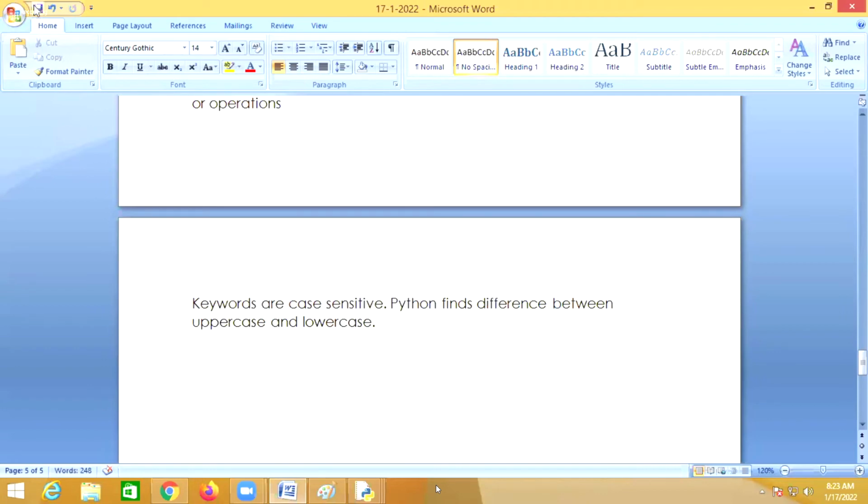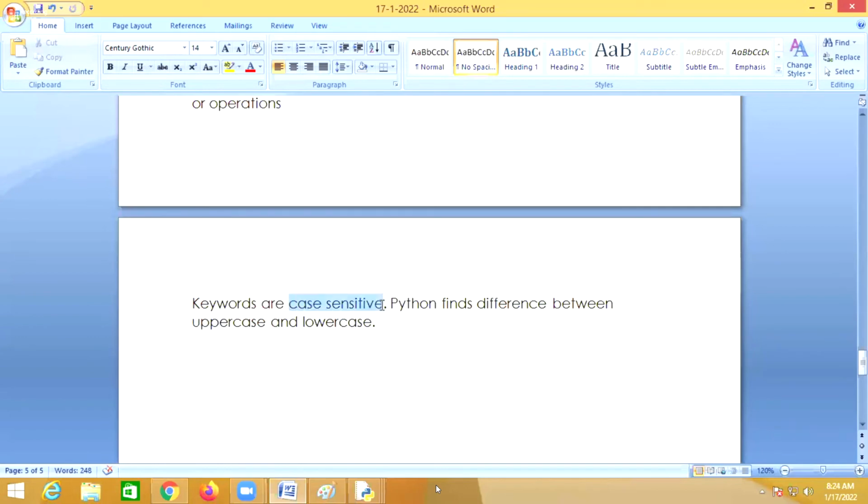Here uppercase and lowercase are not the same.